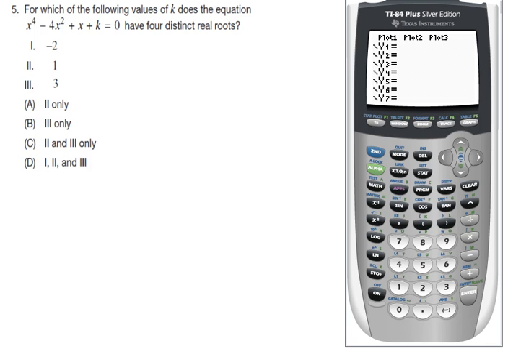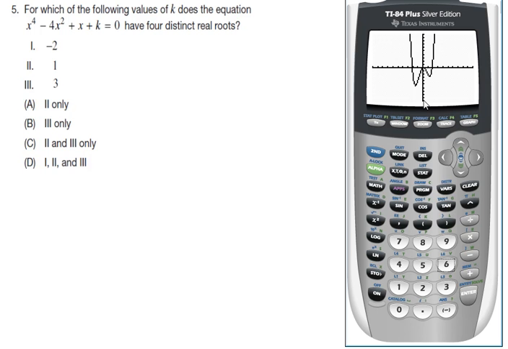And the second thing is that the constant k that we have in any polynomial always affects the polynomial the same way. It affects the vertical translation of the function. So if I were to graph this function with no value of k in there, or with k equal to 0, then I would have x to the fourth minus 4x squared plus x. And if I zoom standard